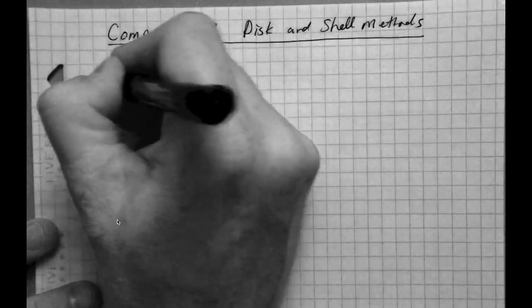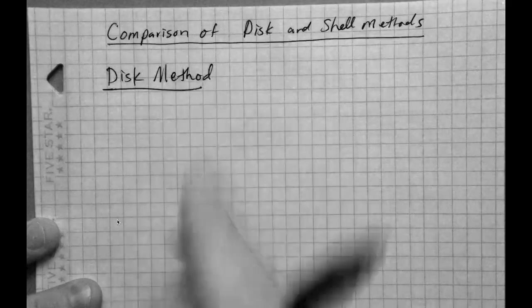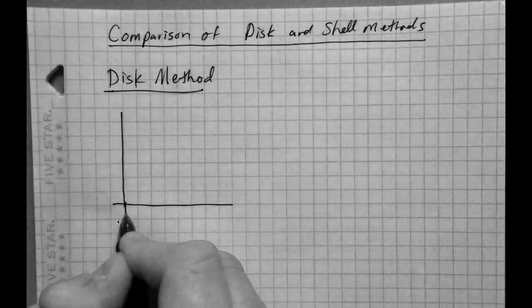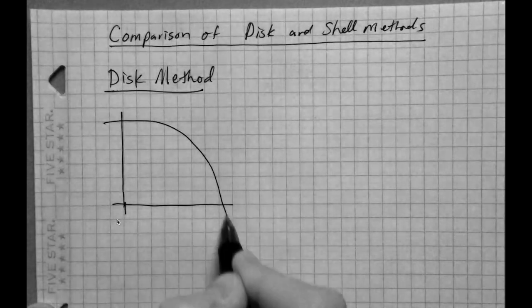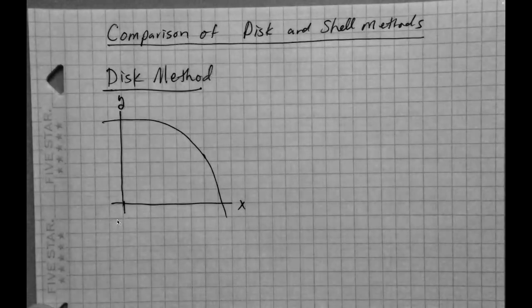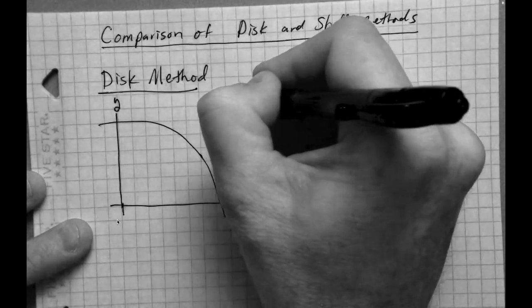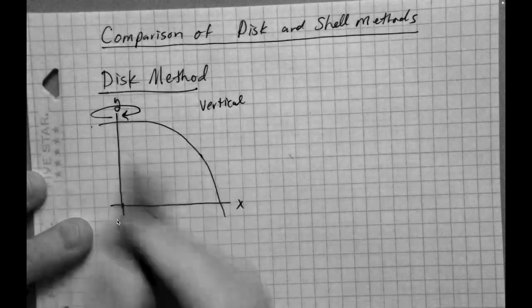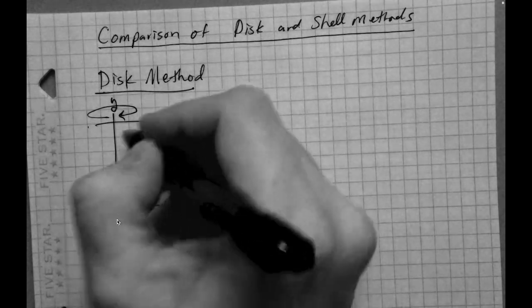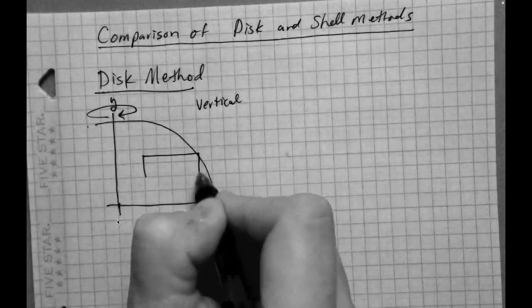So let's recap the disk method here. Okay, so the disk method, here's the setup. All right, we've got some region. Okay, you got your x-axis and your y-axis. Right, and if the axis of rotation is vertical, right? Meaning we're going to spin around y. Then what that meant was we would have a basically a